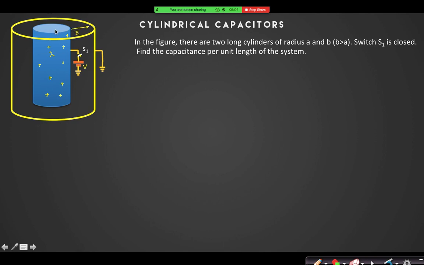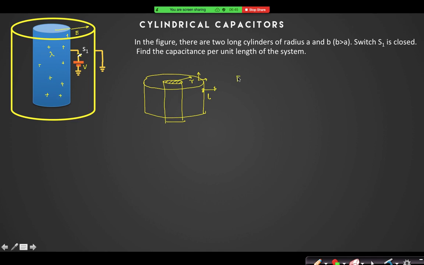at a distance r from the axis. At a distance r from the axis, if I find the electric field, do you remember how I use Gauss law to find the electric field of cylindrical objects? If this is a cylinder, I have taken a Gaussian surface like this of length L, radius r. Then we can say that the electric flux is only crossing through that curved surface. For the flat surface, the flux is 0, right? Because the area vector and E vectors are perpendicular there.